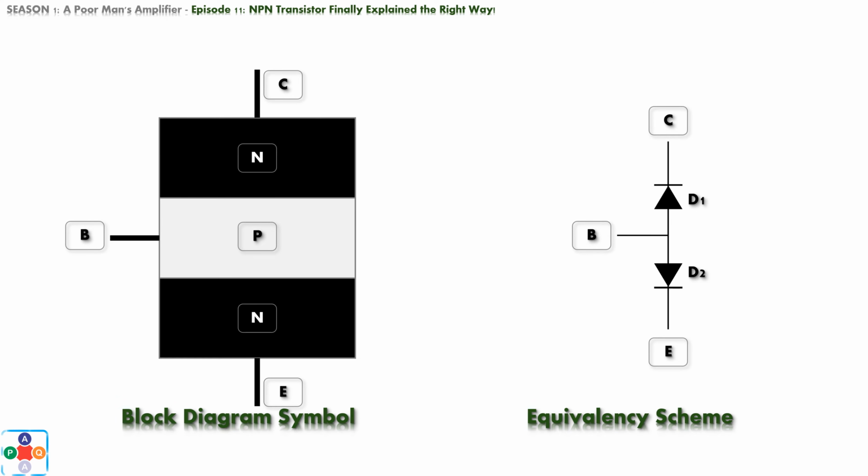At the beginning of this video, when we talked about the symbols for NPN transistor, we mentioned block diagram symbol, so let's bring it back. We also defined a NPN transistor as P-type region, sandwiched between two N-type regions, hence the name NPN transistor. Sometimes, in order to simplify the explanation of workings of transistor, an equivalency scheme is drawn with two diodes, where